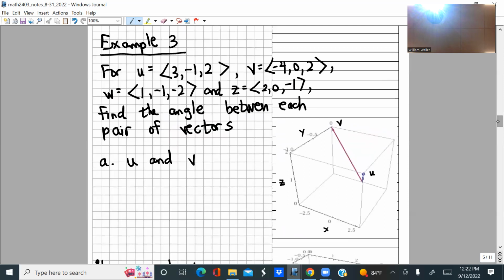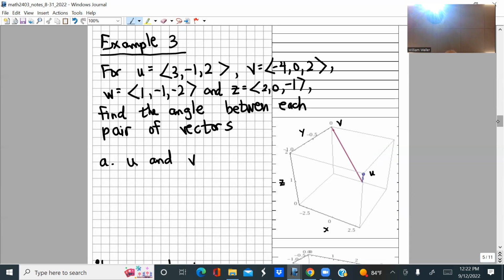So here's a 3D version. The formula works just fine for three-dimensional vectors as well. So let's see if we can find the angle between these two vectors, which we have drawn here. I have no idea if they look perpendicular. But there are the two vectors. v, one of them, is